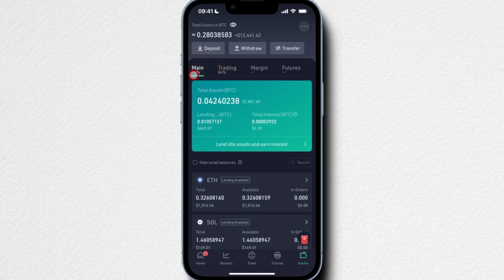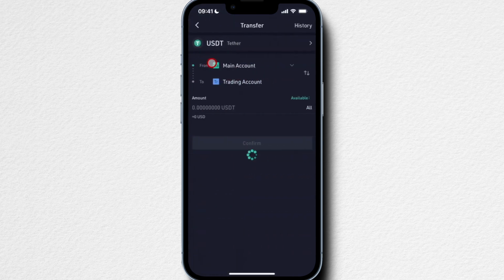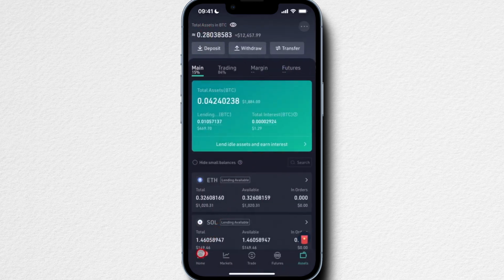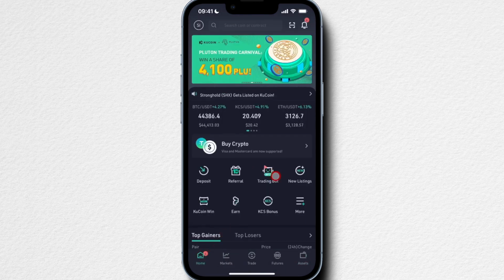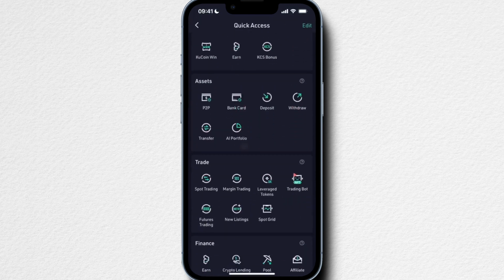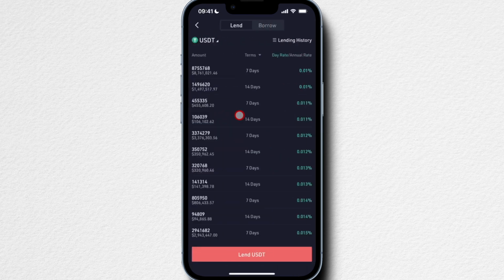If it isn't here, all you got to do is click on transfer, then transfer over the crypto that you want to lend out, then go from whatever account you have it on to the main account, and then confirm, and then it's sitting there in the main account. And then we can go to home, and then we go to more right here for all the KuCoin features. We're going to scroll down to finance, go to crypto lending,